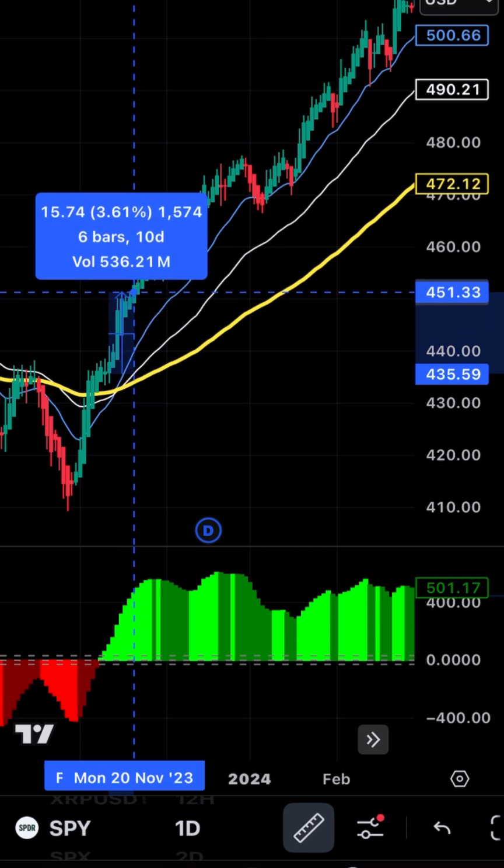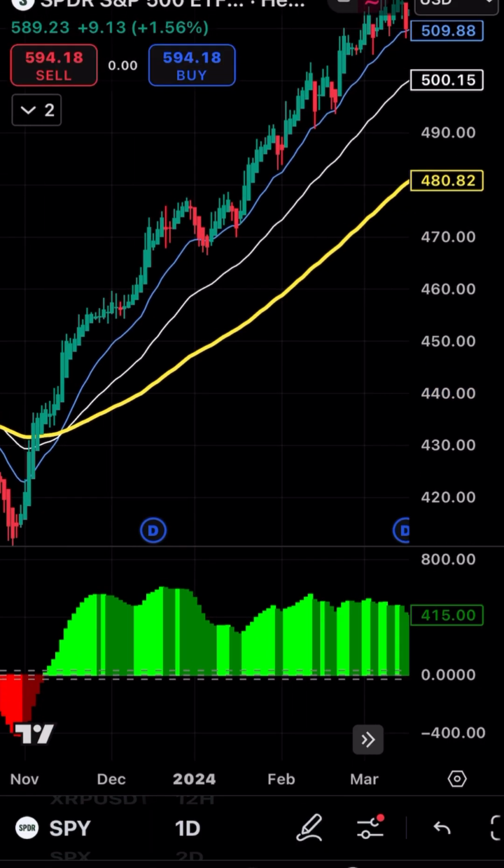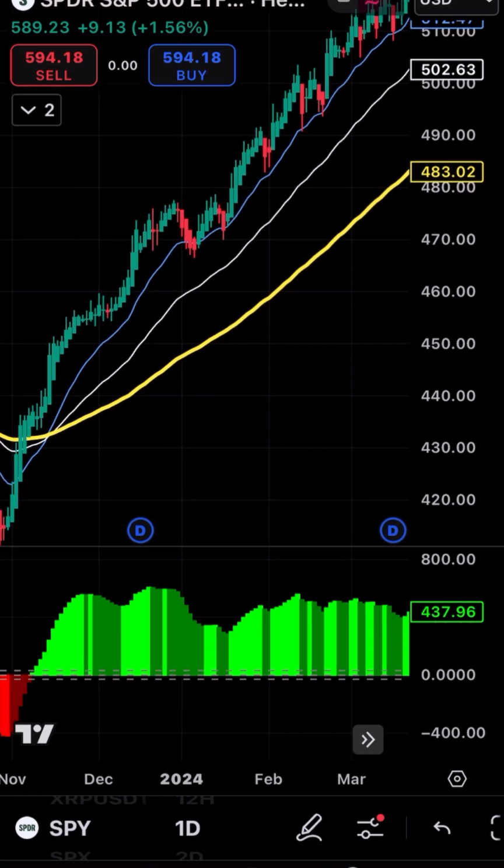Right about here, you would have made about $1,500 right there. $1,574 right there for one contract. So on the day, and this is why we use the difference of two moving averages, we now know that